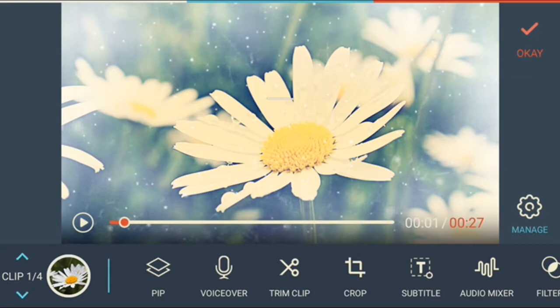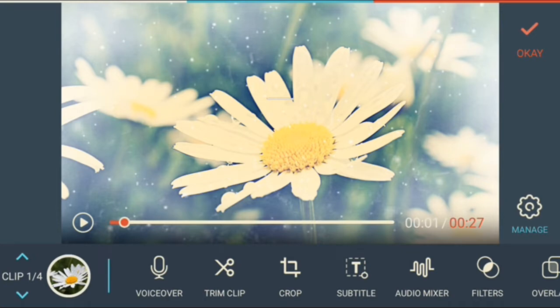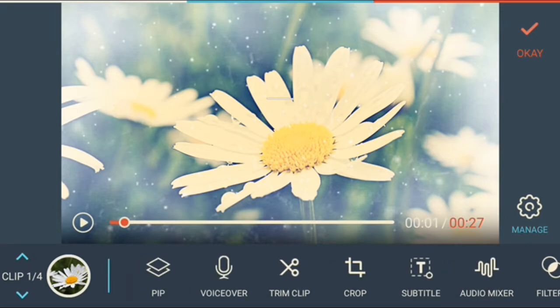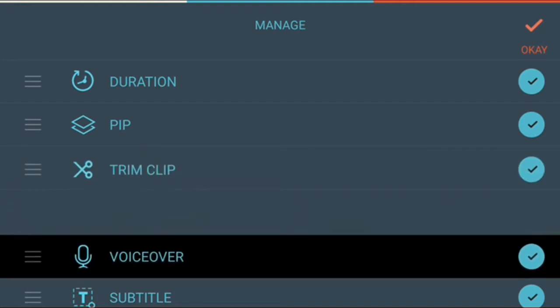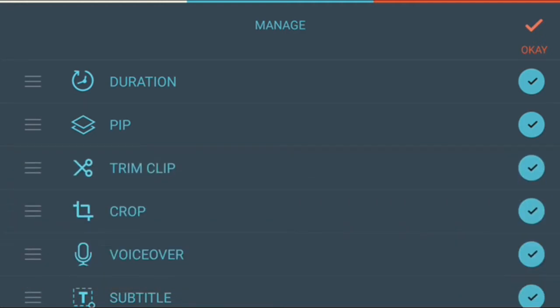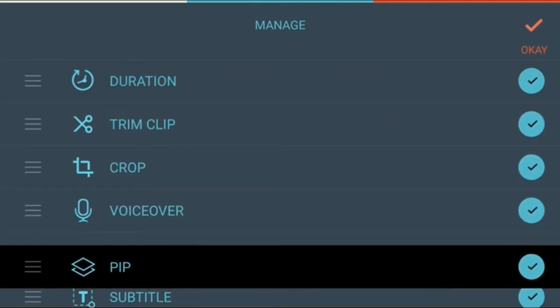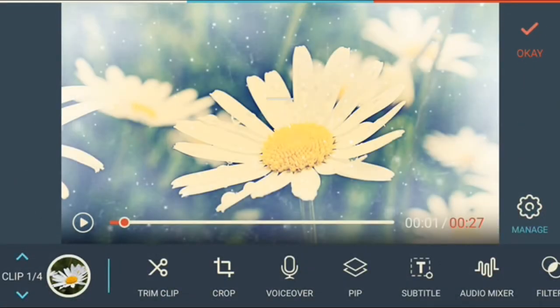Now if you see, pip is the first one, voiceover is the second one, trim is the third one, crop is the fourth one, and likewise. Now we will revert back, voiceover, pip, and say OK. Now I have brought it back to the original fashion.